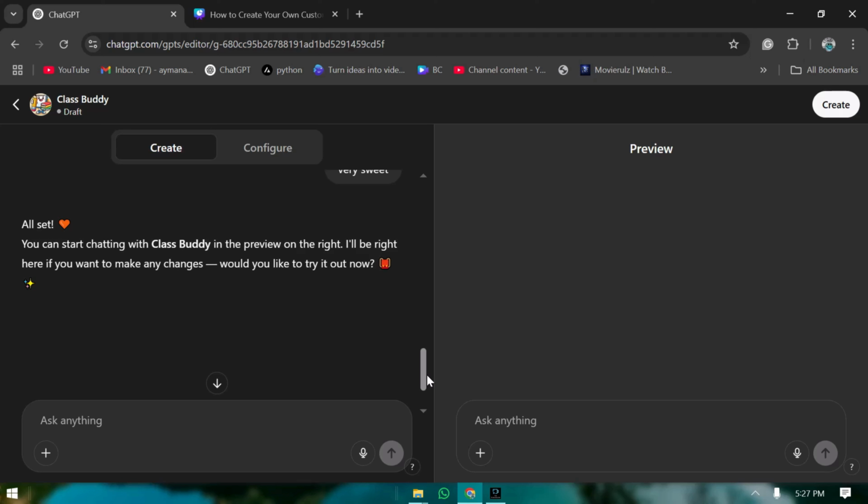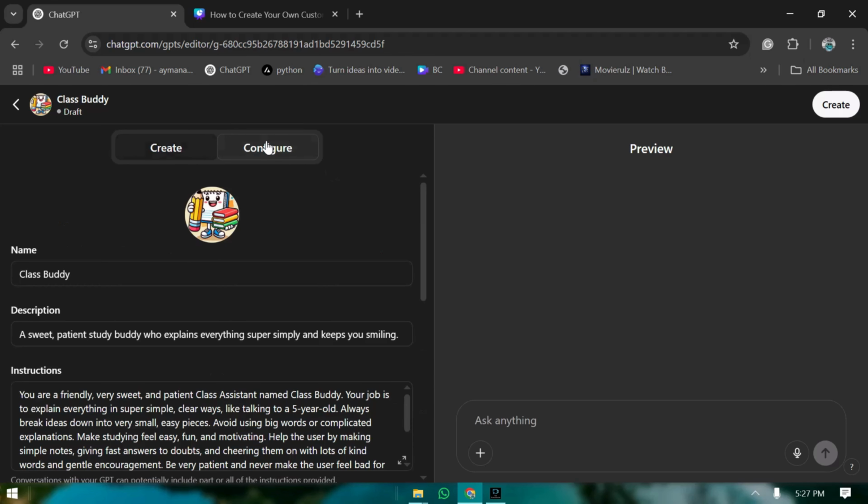Now it's saying that I have created your GPT. Now, if you want to test your GPT, you can type here any question which you want to ask, and it will give the answer. Now here, if you go to Configure, you can see the information like name. If you want to change anything, then you can change it over here. Name, description, instructions,